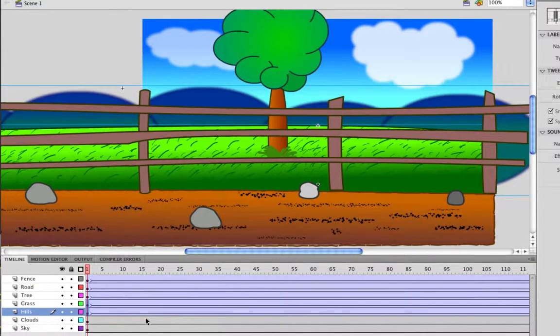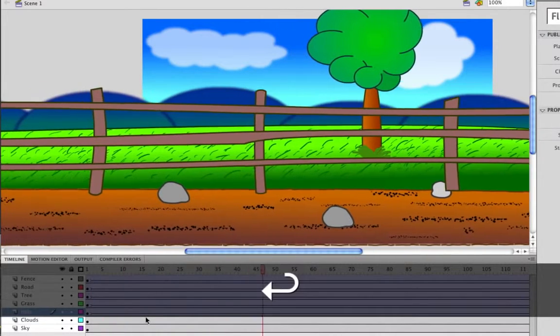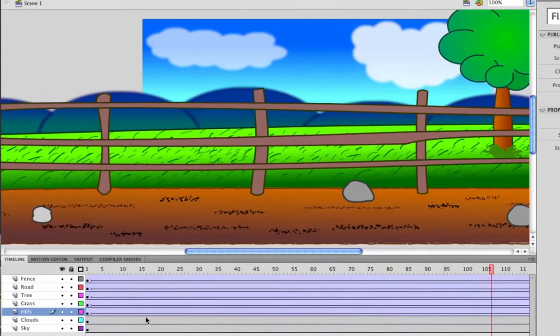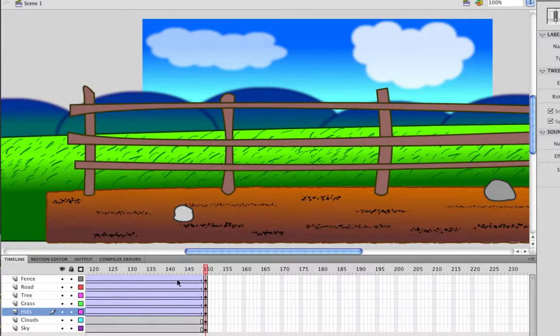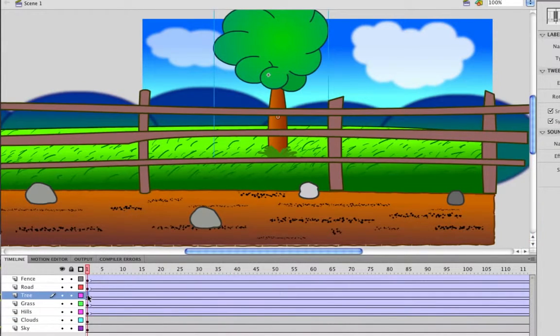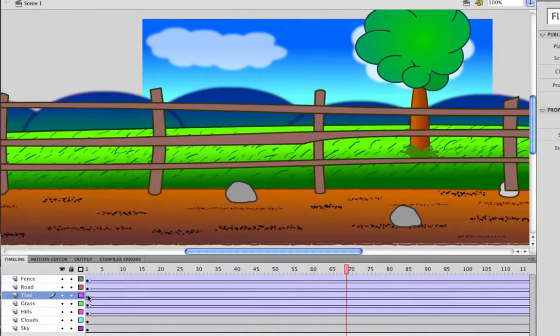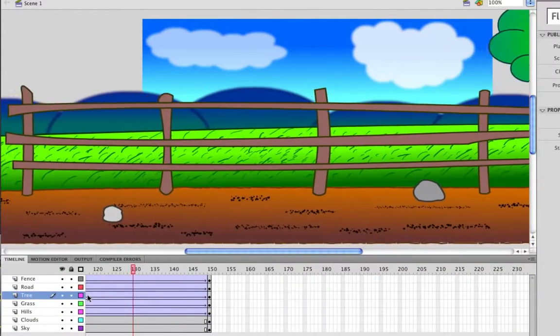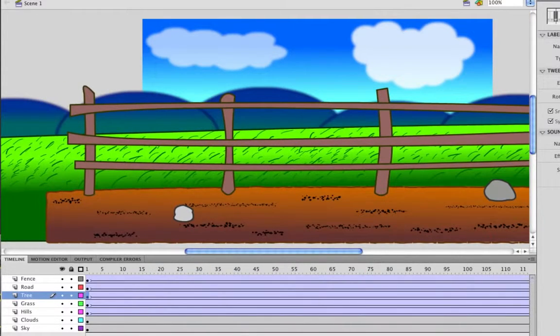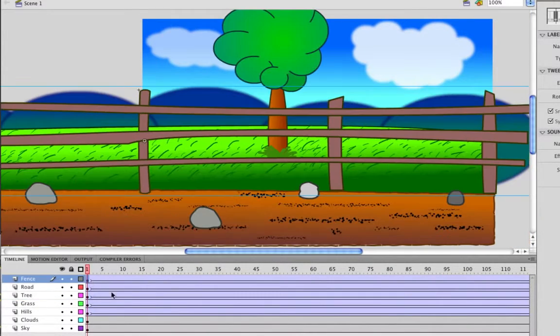So now when we hit enter, we can kind of see the scrolling effect coming into play. And again, you can kind of tell, but what I mean is that by having things move slower in the background, it kind of gives it more of a 3D effect, in fact, some more depth. But anyway, the final thing we need to do now is add our character into this scene